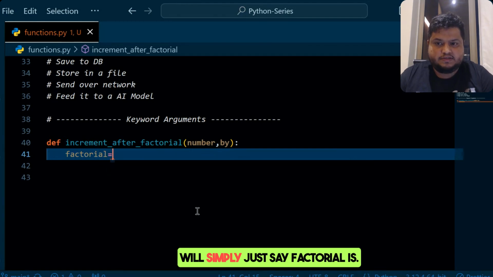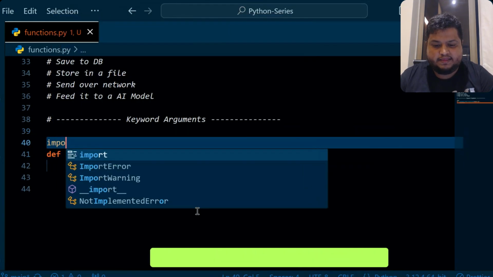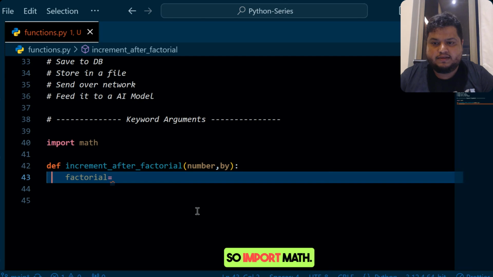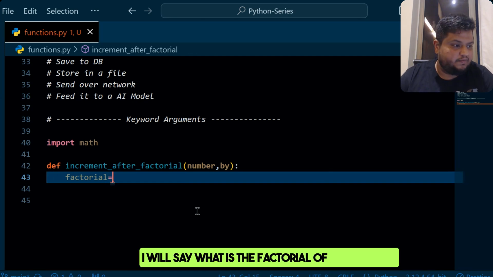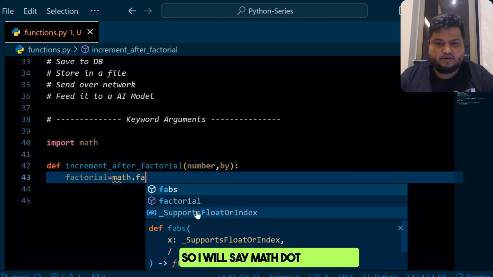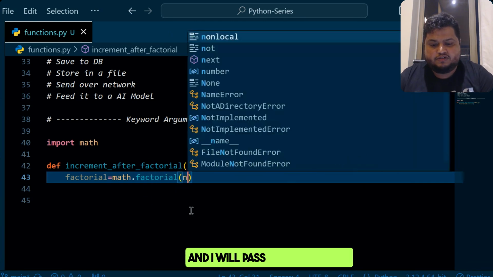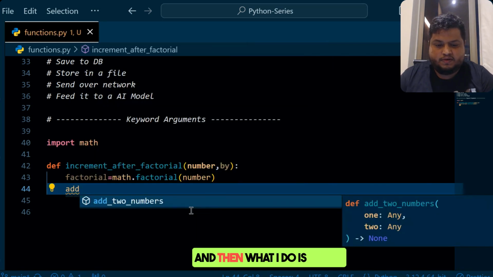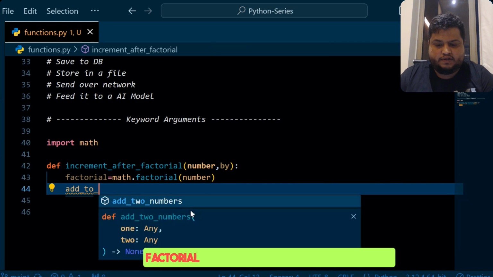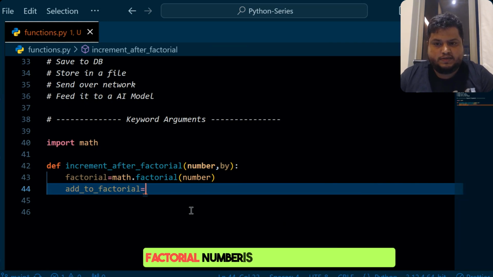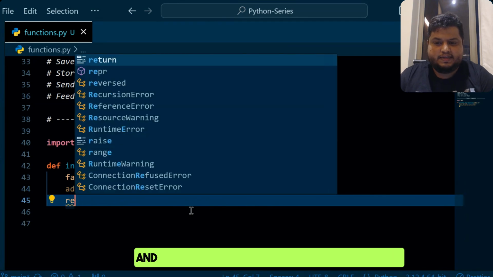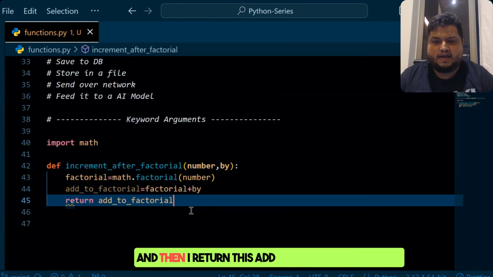What I do next is I will simply say factorial is, and for this reason I need to import math now. We have seen how we import this. So import math. I'll say what is the factorial of my number. So I'll say math dot factorial and I will pass the number. And then add to factorial: number is my factorial plus the by value, whatever you want to increment this by. And then I return this add to factorial.